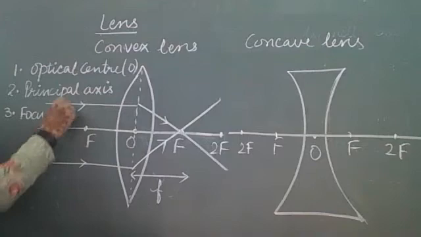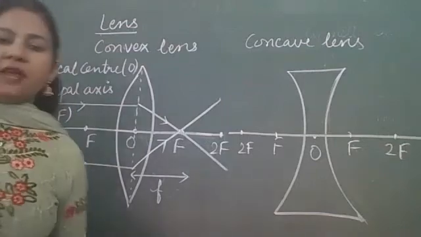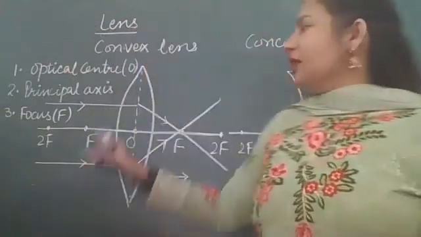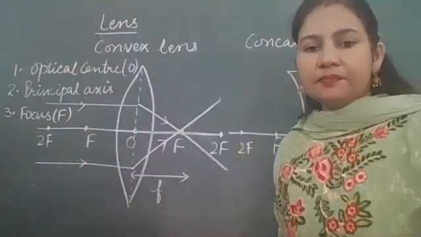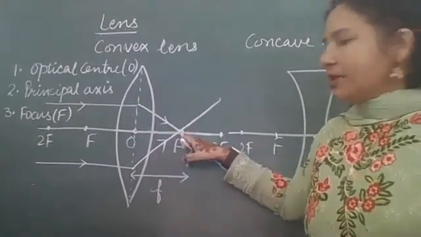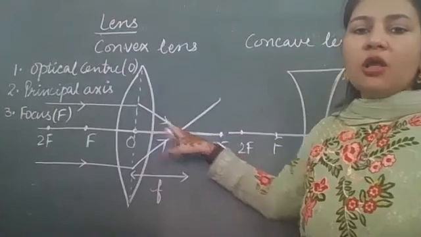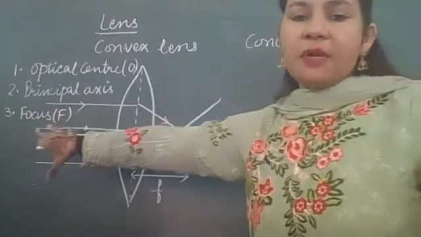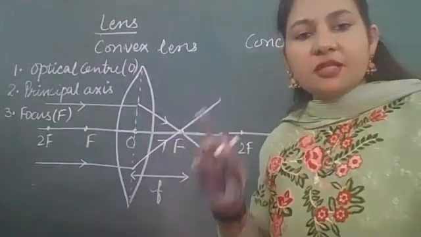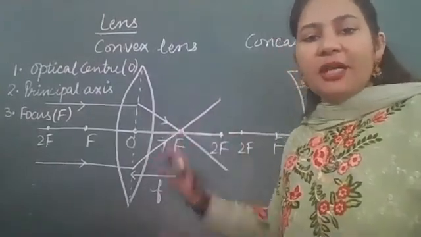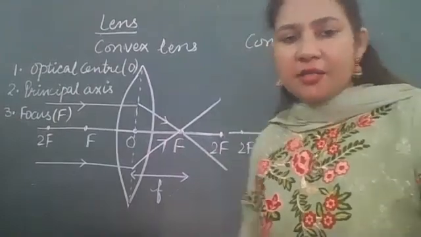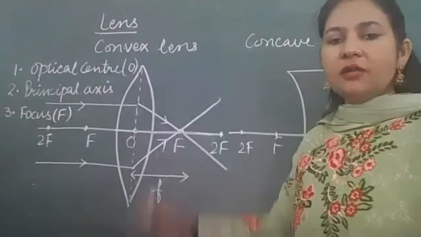Write the third definition, focus. The same way we defined the focus of a mirror, let us define the focus of a convex lens. It is a point on the principal axis at which all the rays initially parallel to the principal axis converge after refraction. Now we won't be saying reflection, this is refraction. Rays are bending now. This is refraction, R-E-F-R-A-C. Okay, so write down the definition of focus.